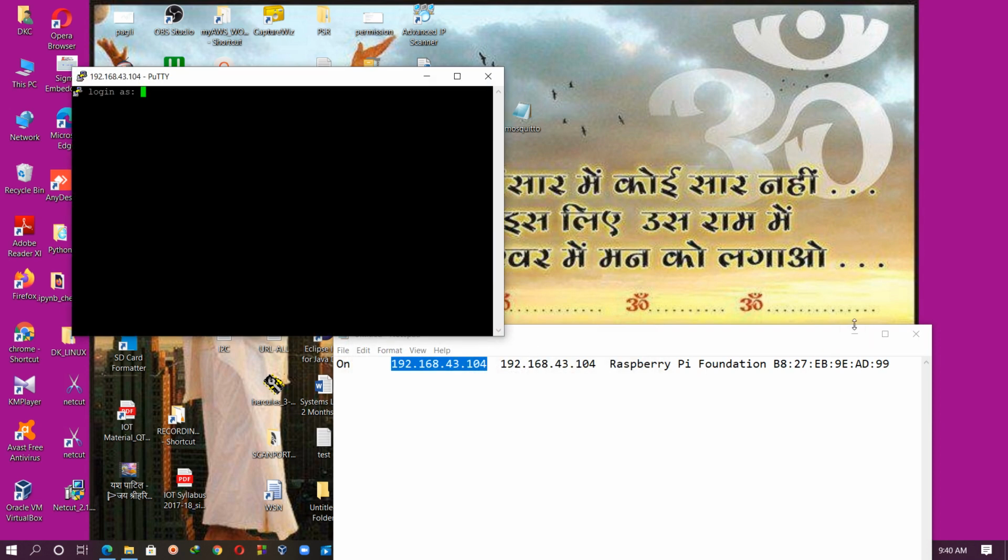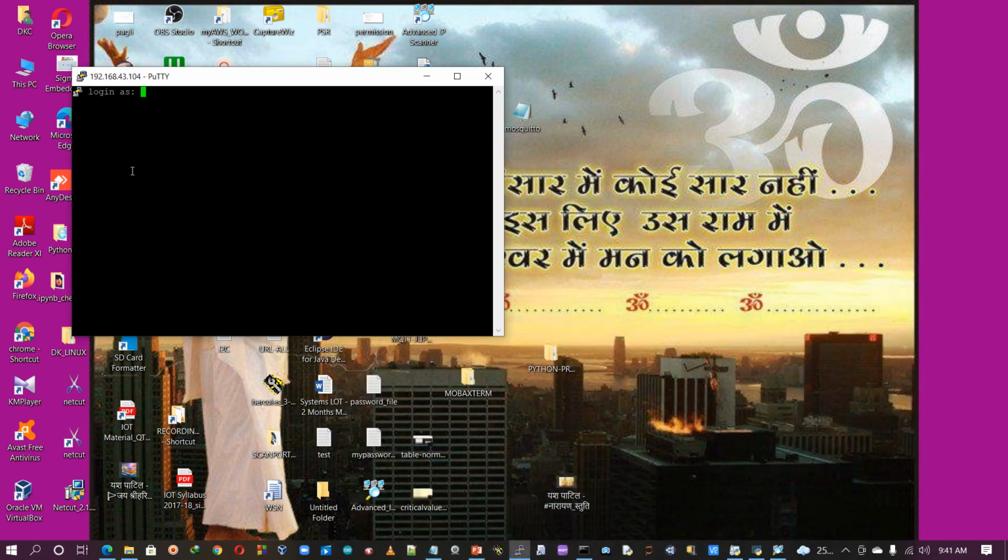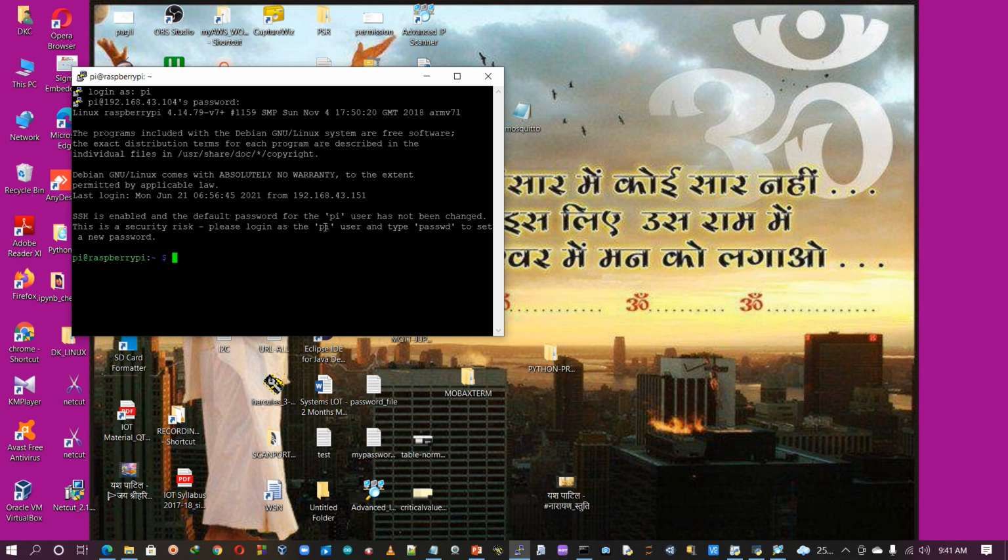Now observe, if you see such a dialog box, it means you are in a position to access your Raspberry Pi. Now you need to supply the username and password. By default the username is pi, and the password is raspberry. Now hit enter.